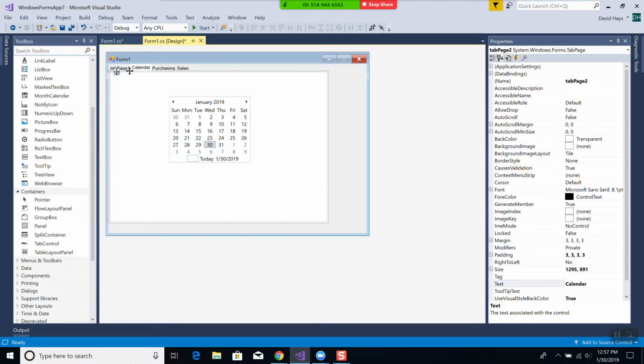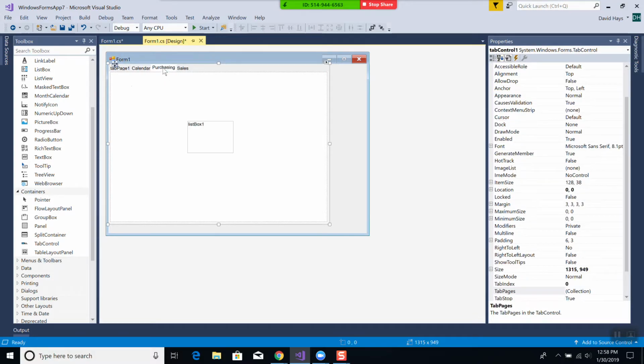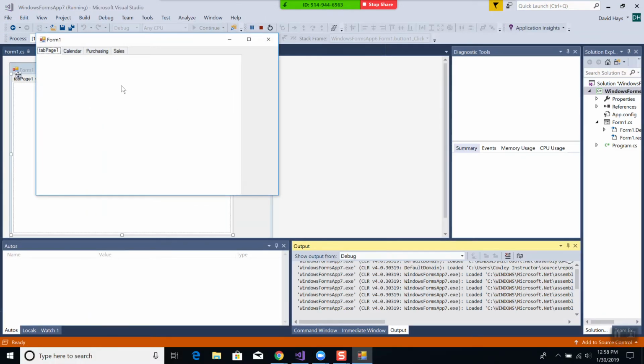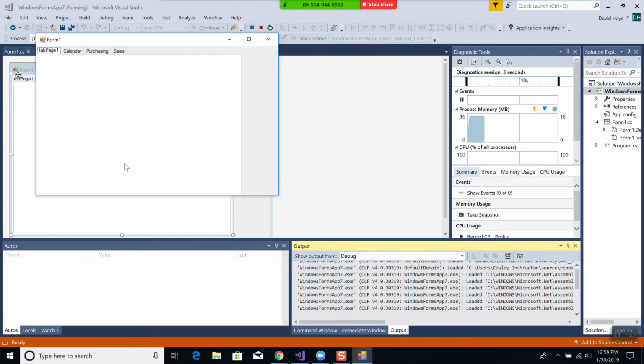Although you can program these, a lot of times you don't really do anything with them. This just allows you to have like different screens contained in a tab format. That way, if you have a lot of different components you've added on here, then this allows you to work with multiple ones. And you see this in